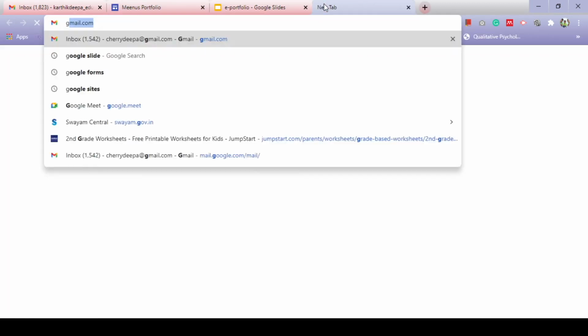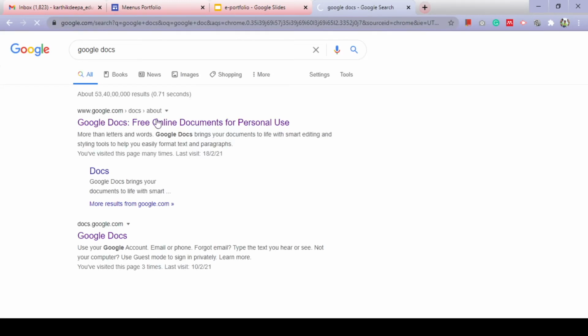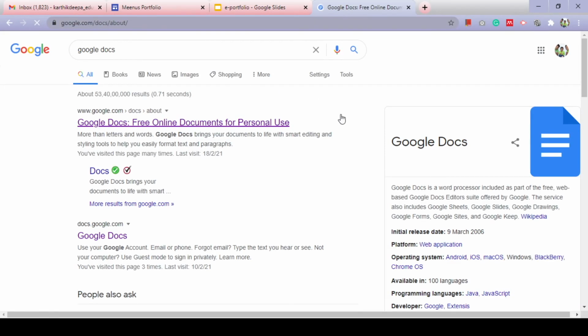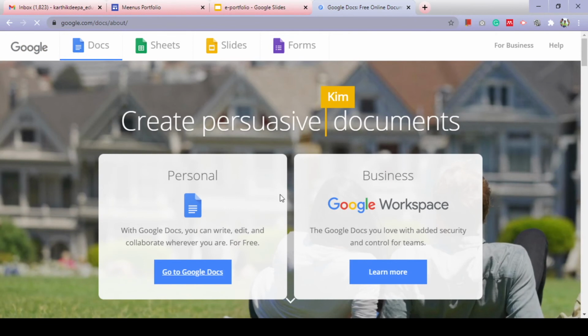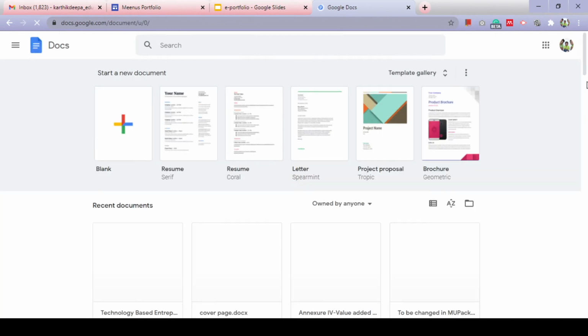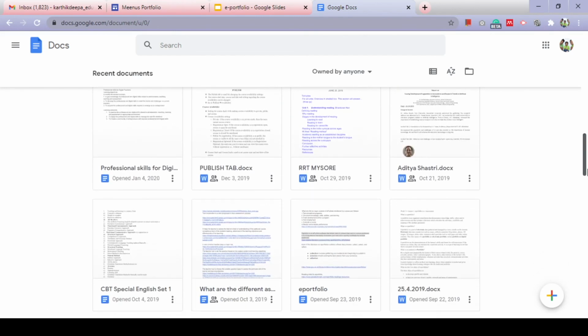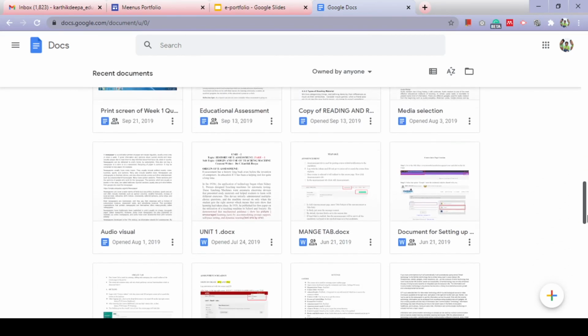So I'm opening my Google Docs. You can just upload the Google Docs, whatever you worked on, to your teacher or your instructor, so that he will be able to view that.